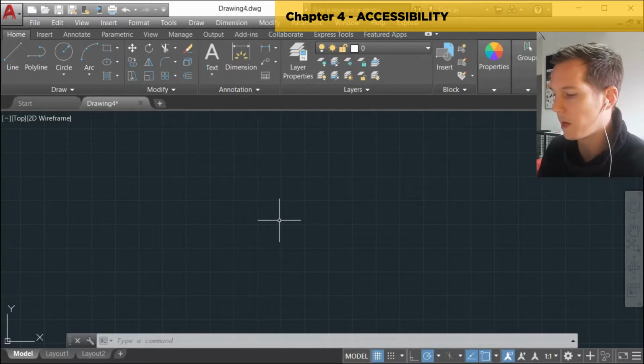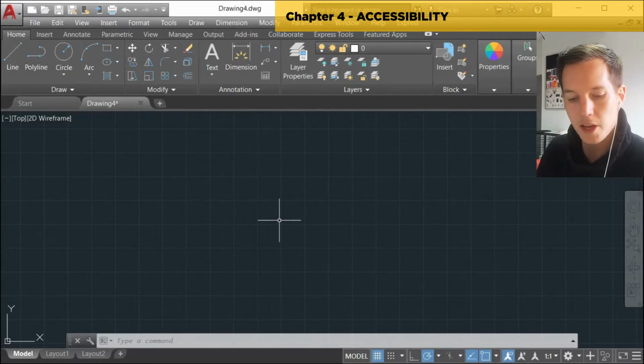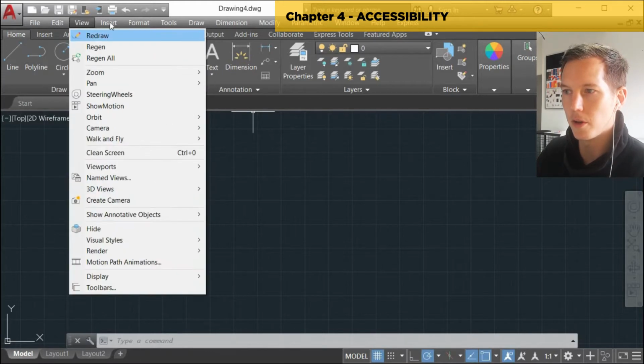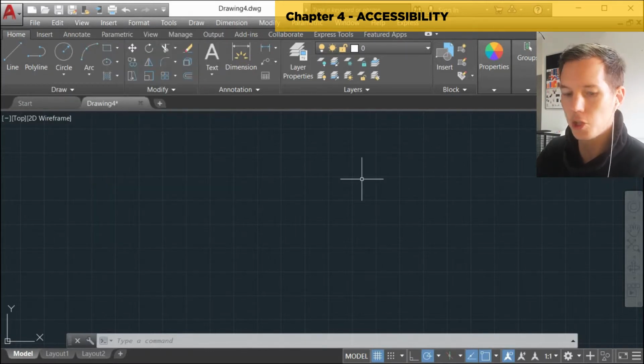It's going to help you from making mistakes, and it's just another way of accomplishing something in a bit more of an efficient way. Then the third way of accessing something, so the first way would be clicking on its icon, the second way would be entering its command, which is sometimes abbreviated, but we'll get into that. The third way would be to find the command up here in the menu. My menu is shown at the moment,